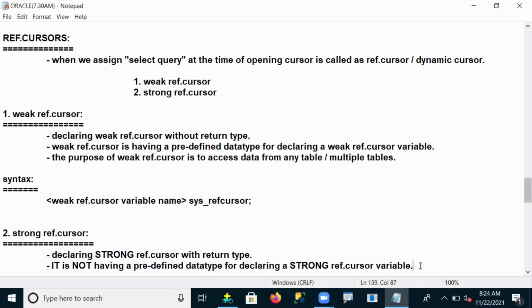So when the predefined data type is not there, what does it mean, guys?